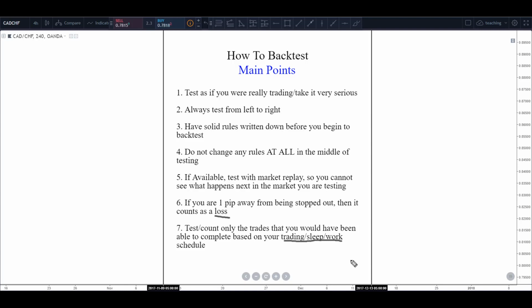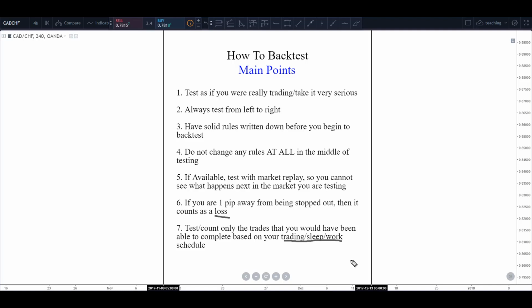I would point them all out. I would point out every entry that you see and then go back through the specific pair you're testing and discount the trades that are during work hours, during sleep hours, or only count the trades that are within your trading schedule. So these are all main points that I have either struggled with in the past or just learned from my own testing, and it's something I wanted to share with you guys before we begin the backtesting